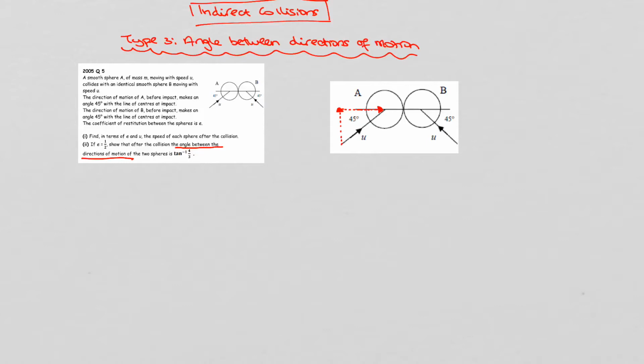So if the angle is 45 degrees, then that's our opposite, and that's our adjacent. So again, we'll have our U sine alpha, which will be in the J direction, and then this will be U cos alpha in the I direction. Whereas for B, we can see that it's approaching from the right-hand side,